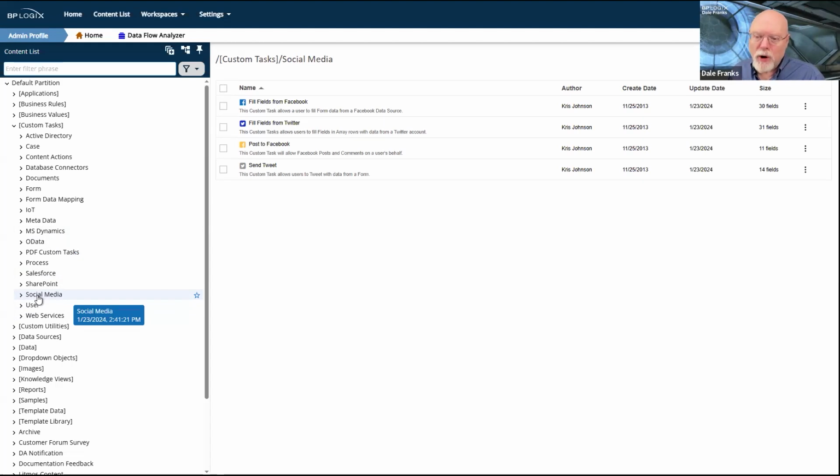However, both Facebook and Twitter have changed their APIs, and they've both implemented OAuth and what have you. Nobody seems to be using these custom tasks anywhere. So I still have them on my system. And you can see I updated whenever we released the new version. But I mean, they've been sitting on the system for years, but they're basically not usable at this point because of the changes that have been made to Facebook and Twitter, and frankly, because of the lack of interest that any of our customers have in being able to post to those two social media systems.